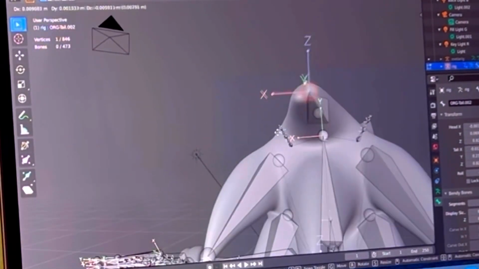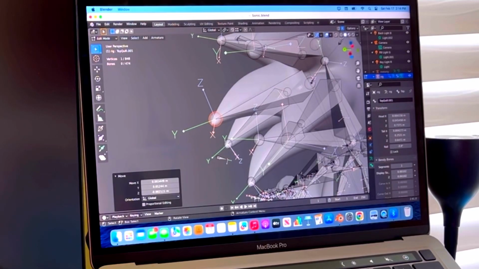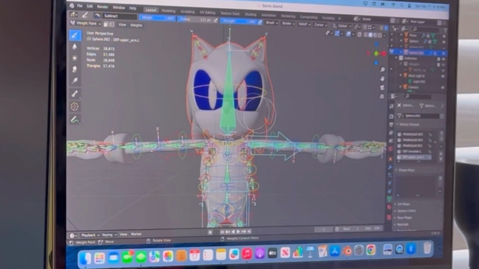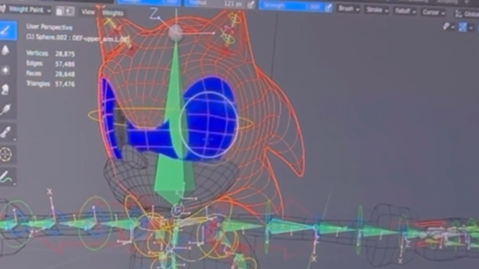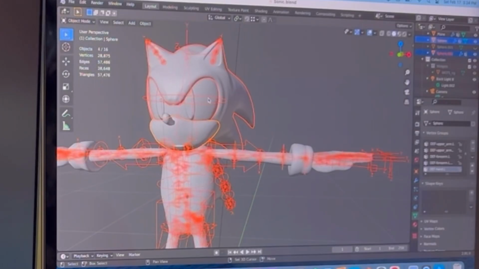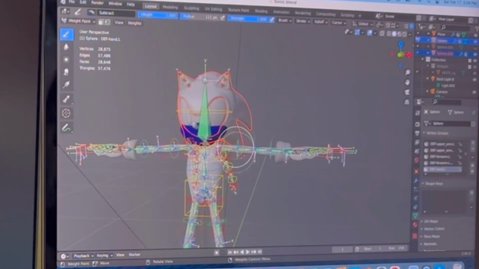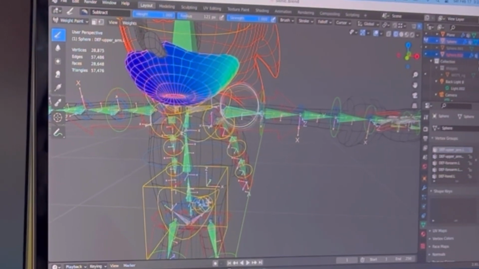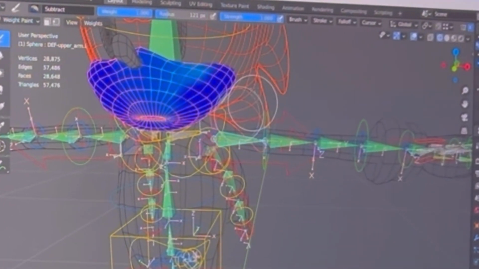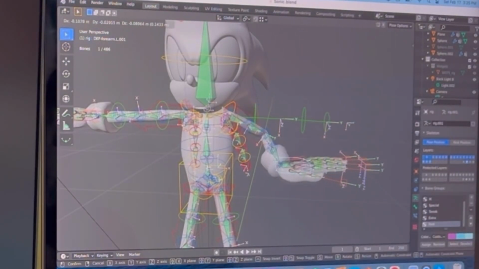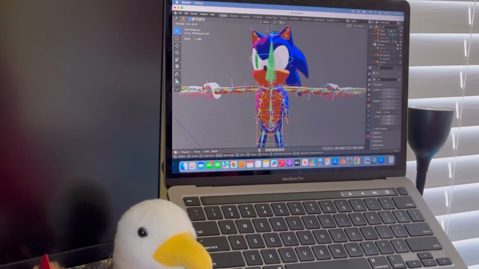Really, these things I had more freedom in the sense that I didn't have to do everything. The rig was built into Blender, this kind of human rig, so I was more tweaking it. I used automatic weights, which did have some problems where you move his arm down and his face kind of stretched out with it, so I had to go into weight painting with the rig also selected and select the guilty bones that were weight painted to the face that shouldn't have been, and erase the weight painting in there, because essentially the weight painting is telling the rig what things need to bend and stretch between the joints